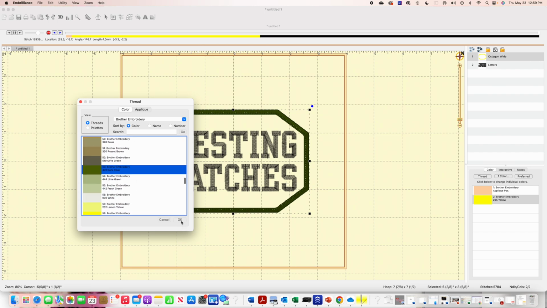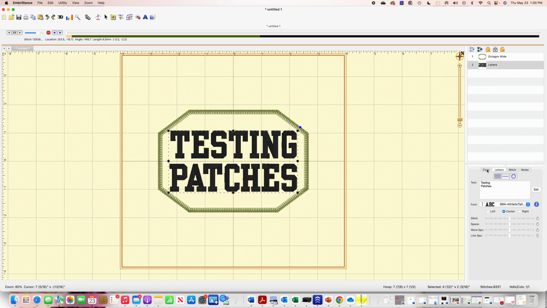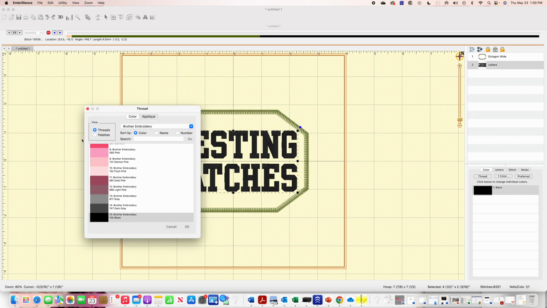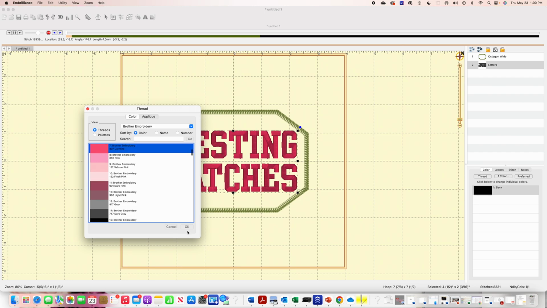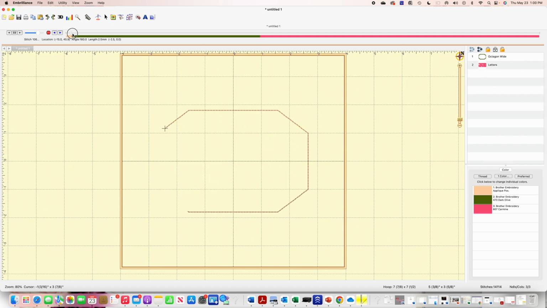So there's green chosen, so I can have a green outline on my patch, and then I can go back to my actual wording and change the color of the letters to one of my favorite colors, and that's pink. And so there would be my patch, and I would run my tack down stitch, and before that I would lay my fabric down, and I can